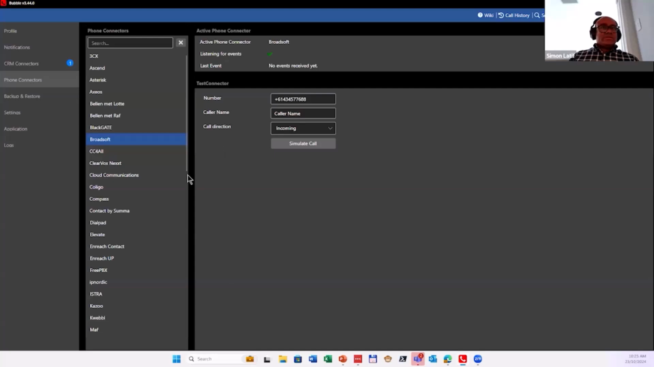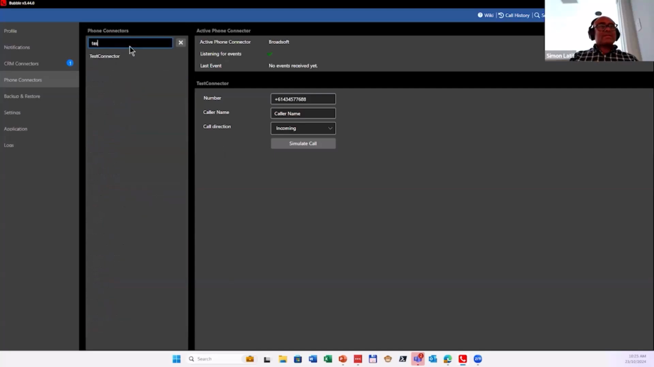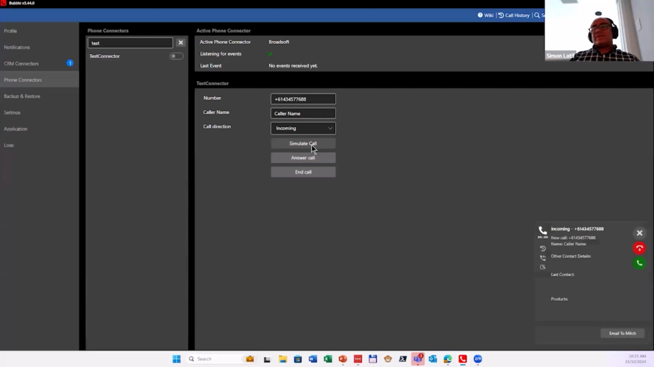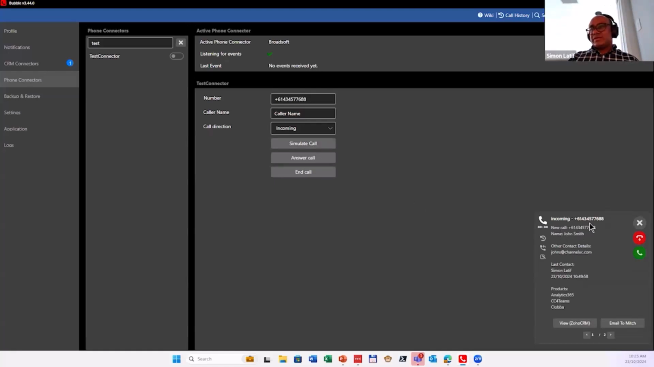So we're going to use what we call a test connector. This is a really good way of actually testing that the CRM works and that the functionality is there. So I put a number down there that hopefully will find the contact in CRM. If I simulate a call, you can see there's a pop-up that comes. It will find. So here it can show the incoming caller ID, the contact in the CRM, and within the